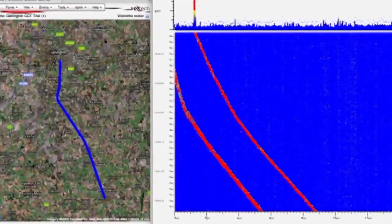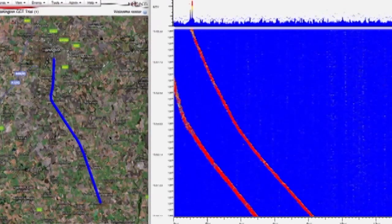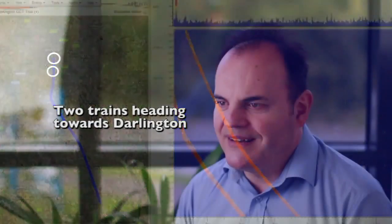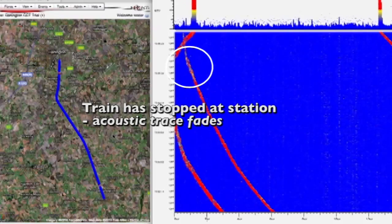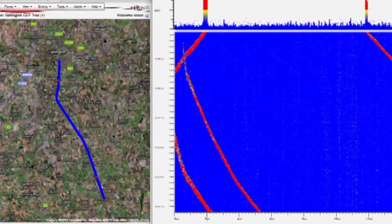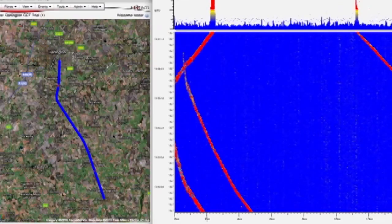At the start of this clip we can see two trains travelling in the same direction towards Darlington, separated by a period of some minutes. One train has already disappeared from the screen, and another one is approaching Darlington station and coming to a full stop. As it does so, a train moving in the opposite direction, travelling towards Northallerton, appears